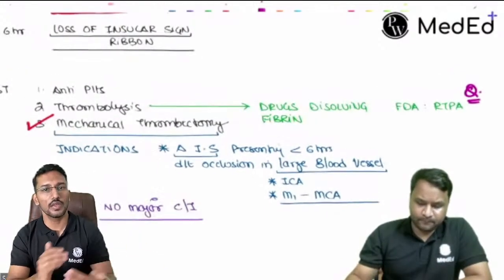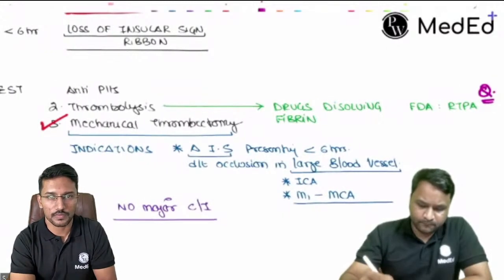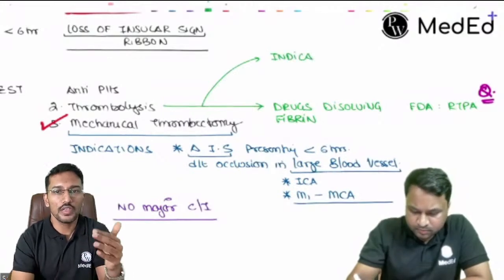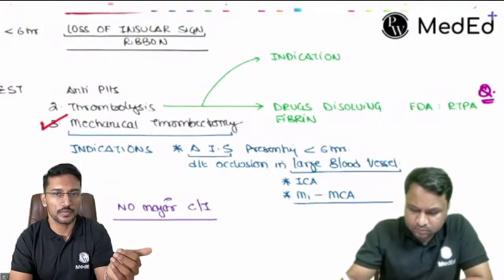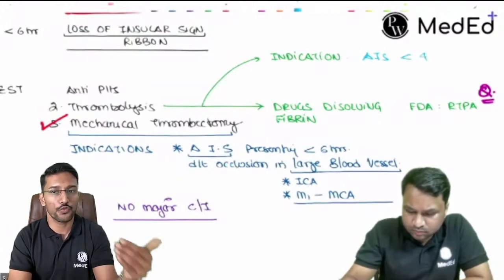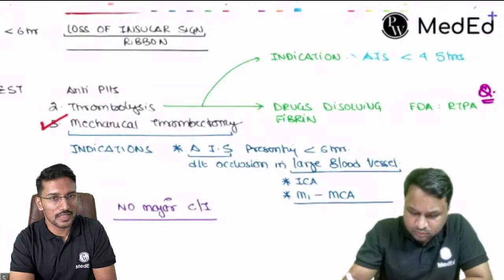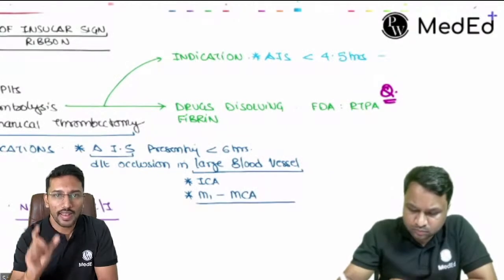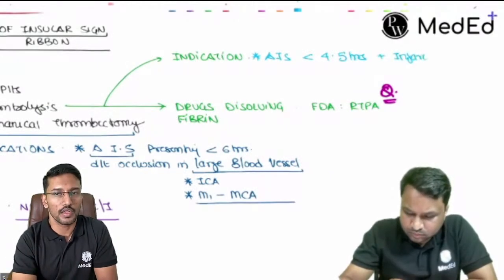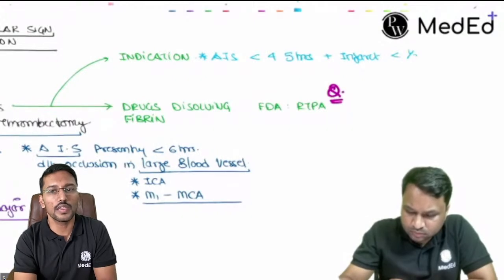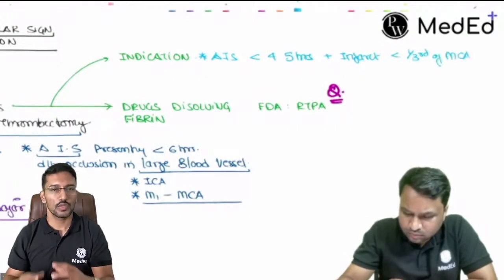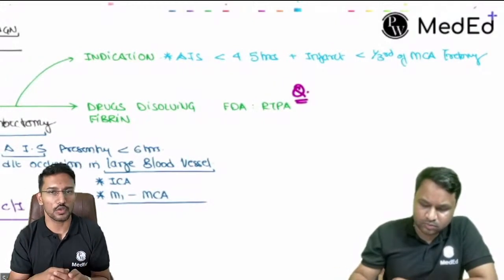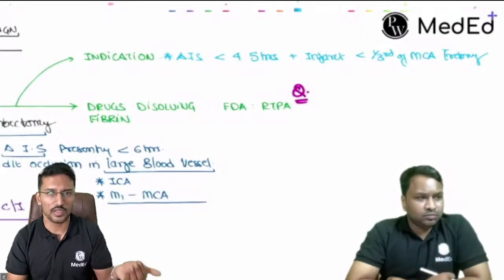Okay, so let me first begin with what are the indications for thrombolysis. Any patient of acute ischemic stroke who presented within 4.5 hours of the onset of symptoms, right? Having an infarct area or ischemic zone less than 1/3 of the MCA territory. Why is this important? Because if there's a larger infarct, it might develop hemorrhagic transformation. So once we give the thrombolytic, it might develop hemorrhage, and it will add to disability rather than benefit the